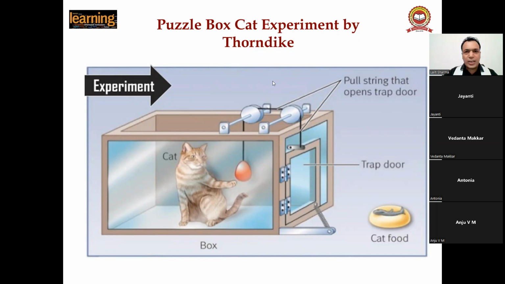Number one, Thorndike says that we learn by making mistakes. And second, guys, you have to prepare your student. You have to make your student ready. In the same way, when Thorndike placed the fish near the puzzle box, the smell of the fish acted as a strong motivation. So first of all, you have to motivate the student. You have to make the student ready to learn.